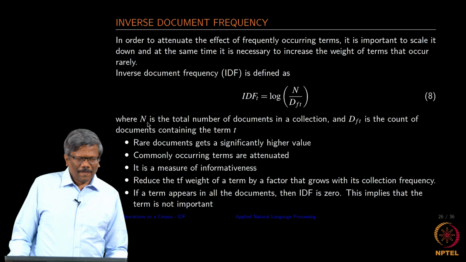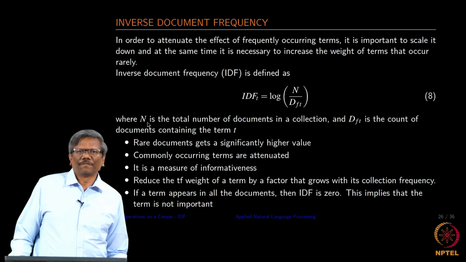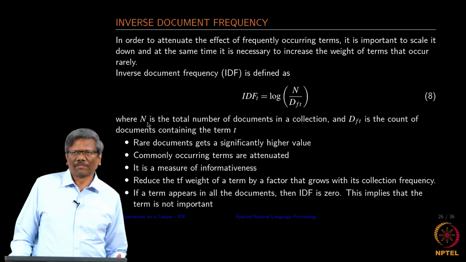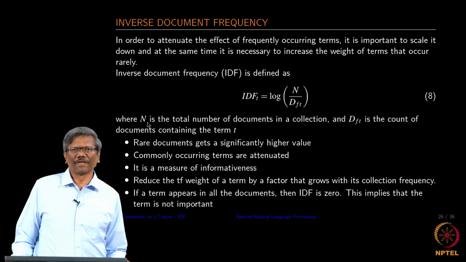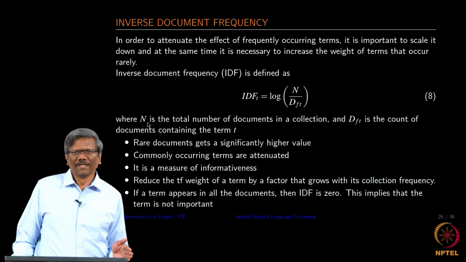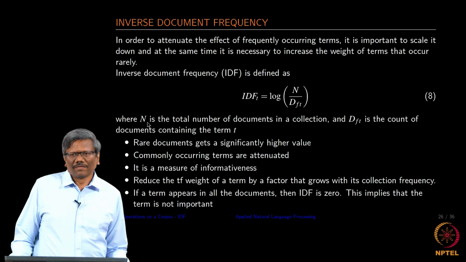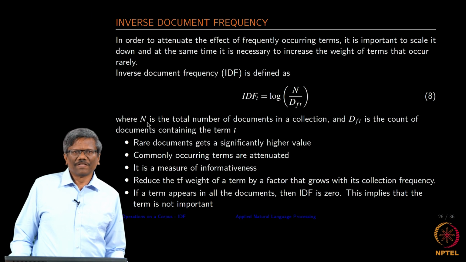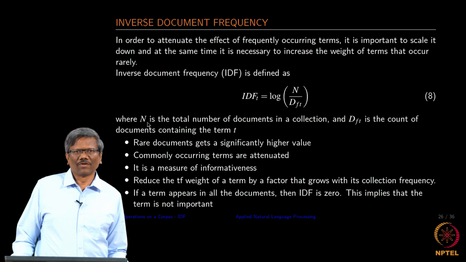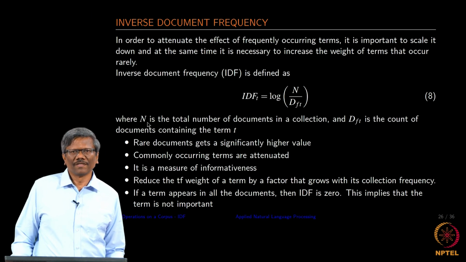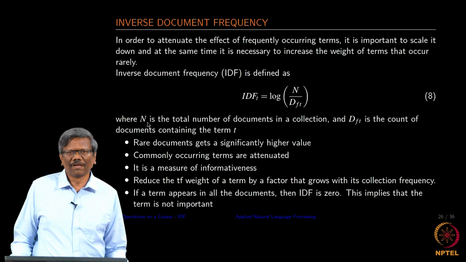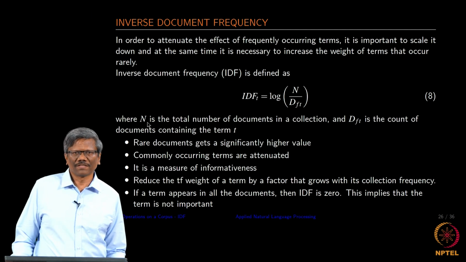Okay. We also need to attenuate the frequency of terms that are occurring very frequently. If you have too many of such terms, they are going to be curtailing the relevance of the other terms in the given document. So, we want to really make sure that there is some kind of normalization done across the corpus, so that the retrieval of documents for a given term is always in a normalized fashion.